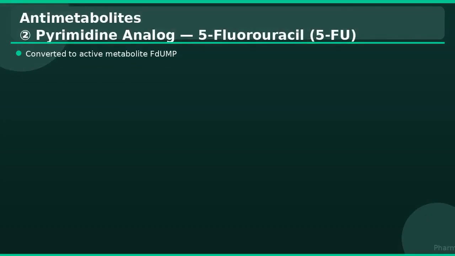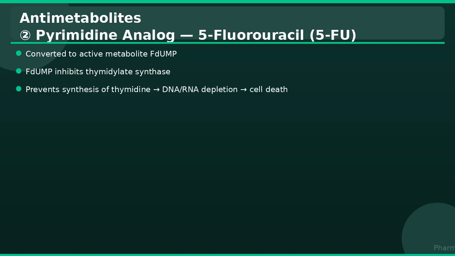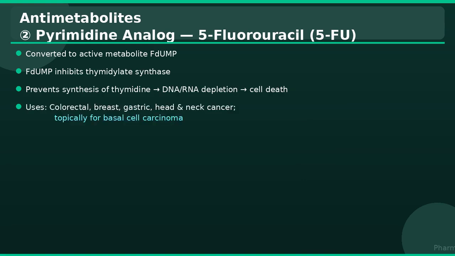5-fluorouracil, or 5-FU, is one of the most widely used pyrimidine analogs in cancer therapy. It is converted into its active metabolite, 5-fluoro-2'-deoxyuridine monophosphate, known as FdUMP. FdUMP inhibits the enzyme thymidylate synthase, which is required for the synthesis of thymidine, a key pyrimidine nucleotide. Inhibition of thymidylate synthase prevents the synthesis of thymidine, leading to depletion of DNA and RNA synthesis, ultimately causing cancer